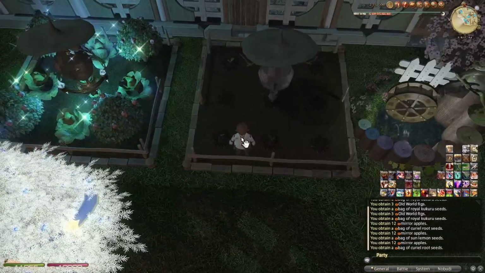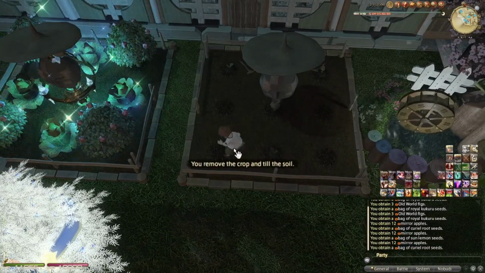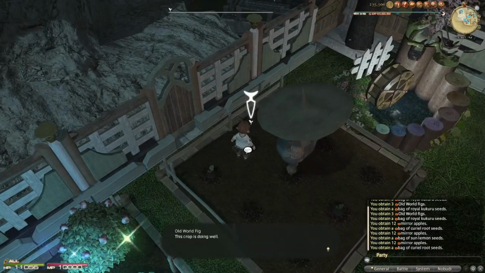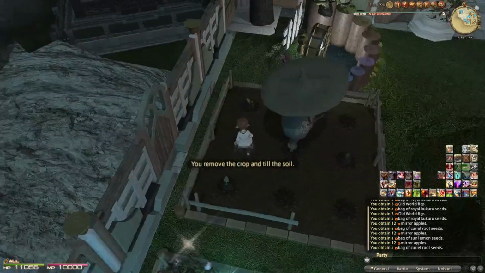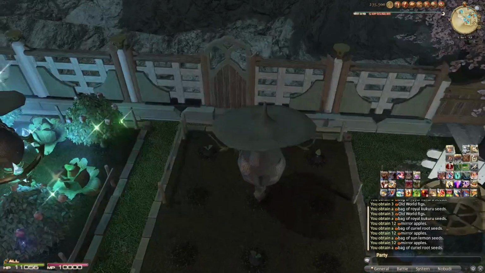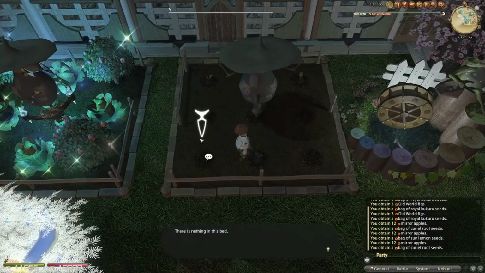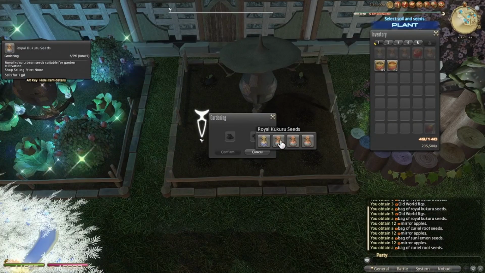And then why I call them sacrificial plants is because you then remove these crops. Those crops were not there for you to actually grow old world figs or crossbreed old world figs. Those crops were there so that when you planted the Curiels next to them, they would get the crossbreeding bonus. And now that my 3 Curiels are down, we fill all the rest of the slots in this plot with